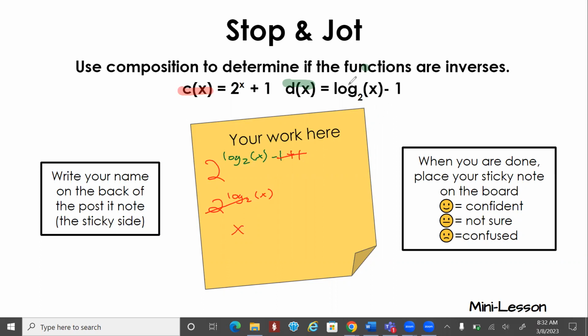You're going to have to check it the other way as well. So we're going to write out log of base 2 of, and we're going to plug in the red function. And so when this cancels, we're going to be left with x plus 1 minus 1, which will simplify down to